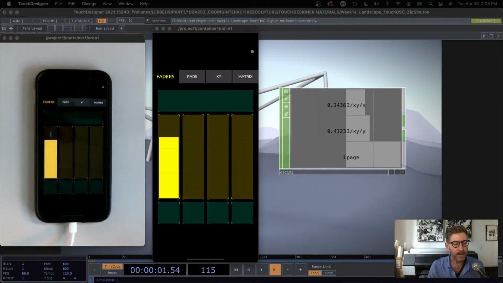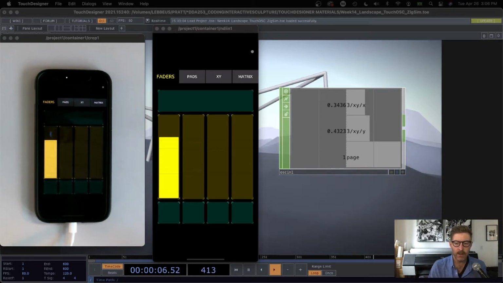Hi there. Okay, let's continue thinking about OSC applications. So now we're going to look at a few apps that you can use on a smartphone that can send control data and all kinds of other interesting sensor data. We're going to start with TouchOSC,